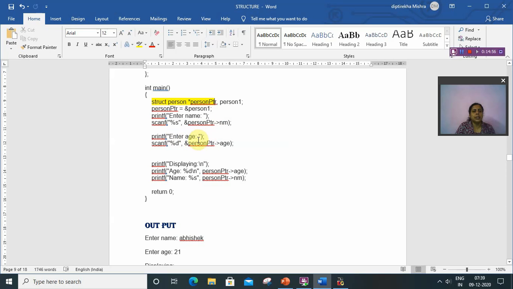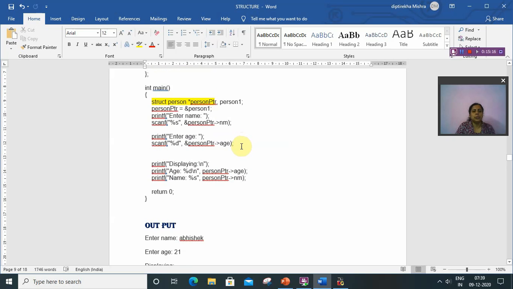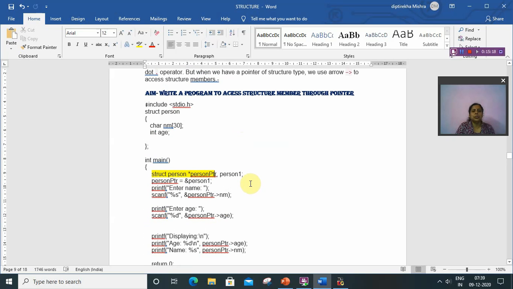Then enter age, then %d &personptr->age. Then to display the age and name, personptr->age and personptr->name. So in this way we can use the pointer. Using a pointer in a structure is very easy. We have to declare the variable with the asterisk mark, and where we would use dot, we use the arrow mark.